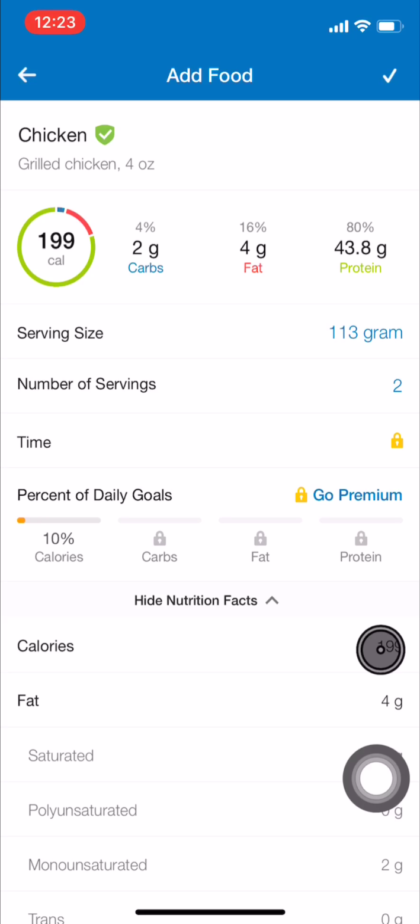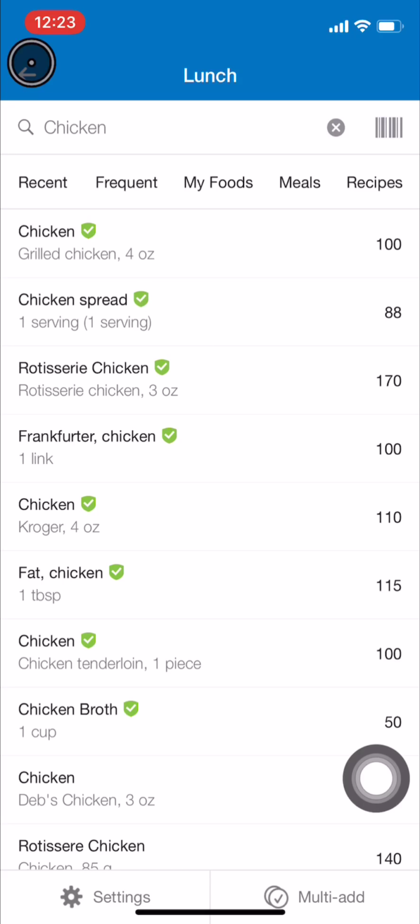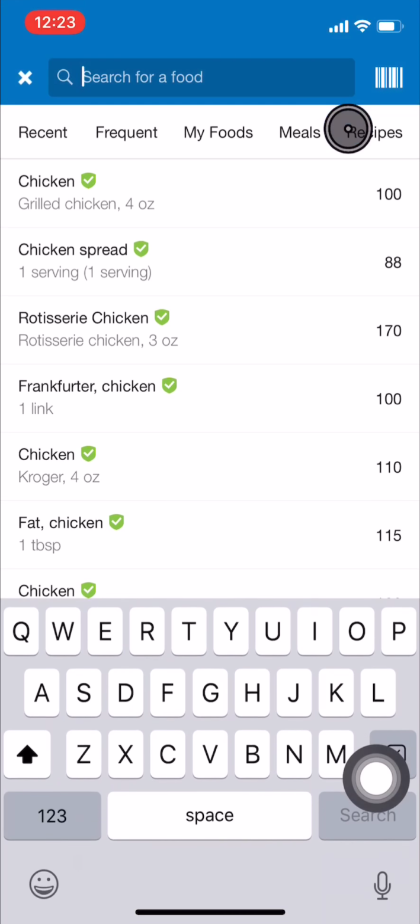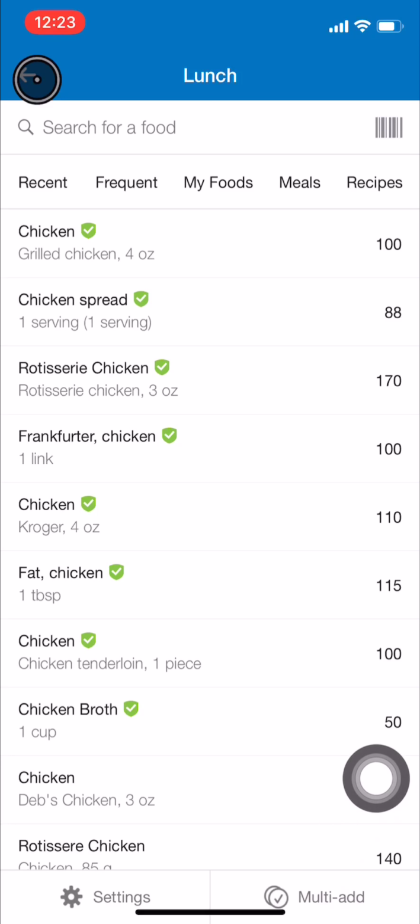If you don't have a weighing scale, again, just guesstimate to begin with, but you are going to get better results the more accurate you get. So that's something for you to think about. That's the very basics of MyFitnessPal for now, and I'll give you some more information